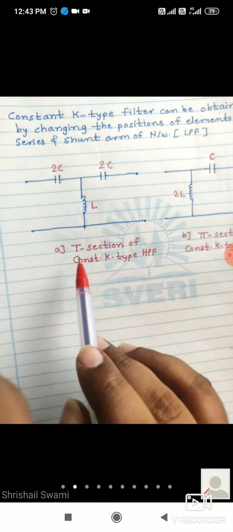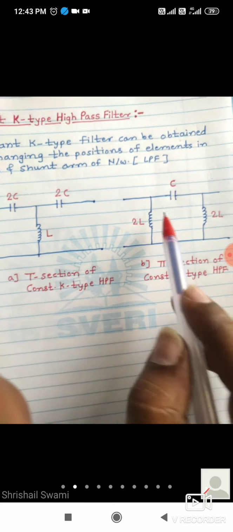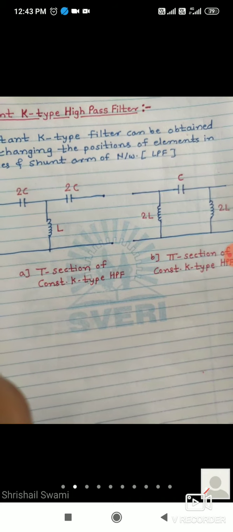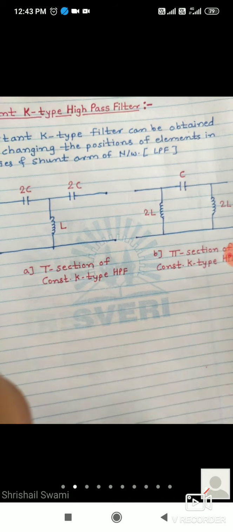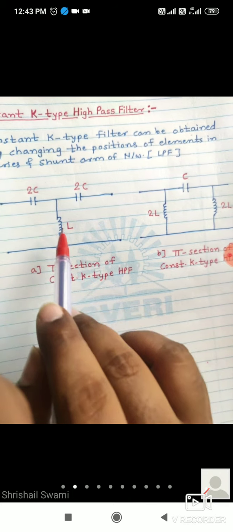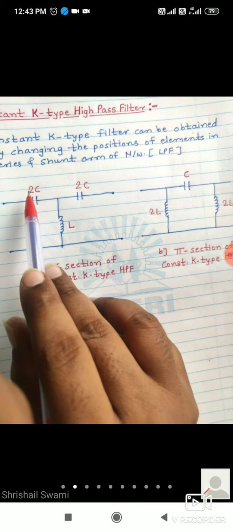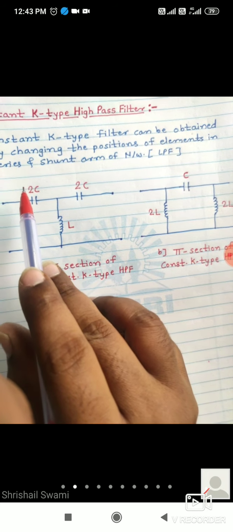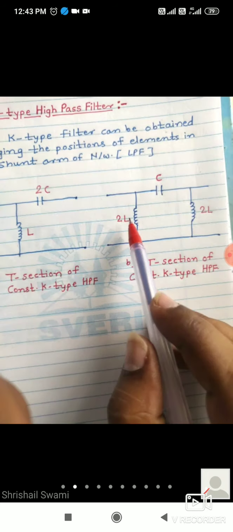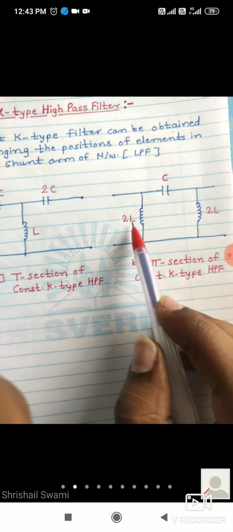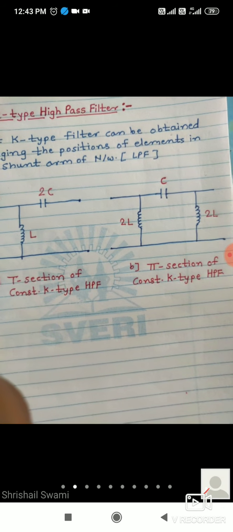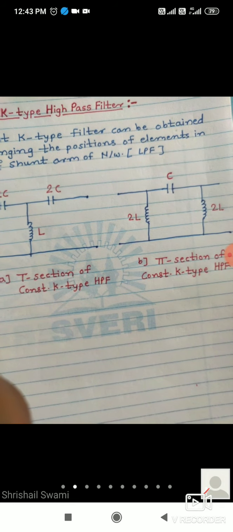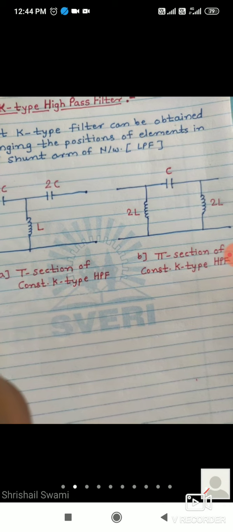Okay, so this will be the T section of constant K type and this will be the pi section of constant K type high pass filter. Remember the formulas, exactly opposite to the low pass filter, the positions get altered. Here in the case of inductor L1 by 2 is there, only the capacitor will be 2C. फक्त तेवढं लक्षात ठेवा. इकडे कॅपॅसिटरचं काय होतं, C/2 होता आणि इंडक्टर काय होईल 2L. If you remember in this logical way, you cannot forget the diagram, you cannot forget the filter network.